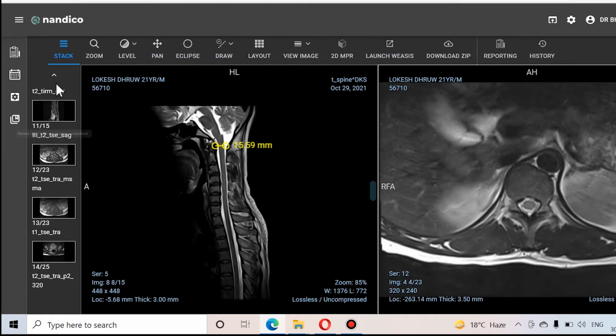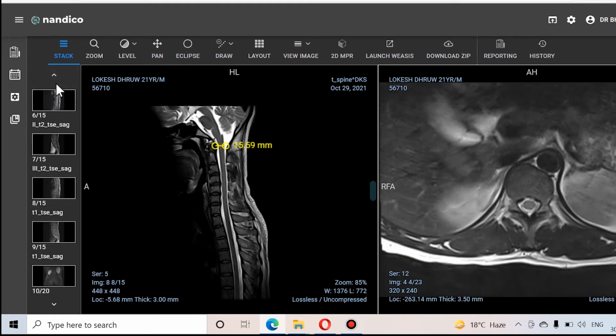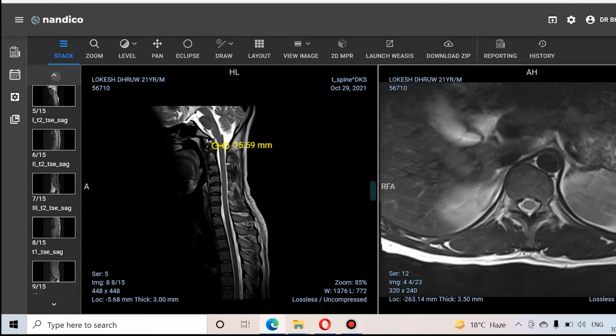Now, coming on to the options on the left of the screen. You can see small arrows on top and bottom of the left side of the screen. On the left side of the screen, you will be able to see various series of images taken during patient scans. Every company like Siemens, Philips, GE, gives system-generated names for particular series taken during scan. We will try to understand it.